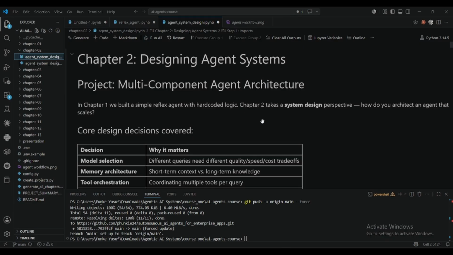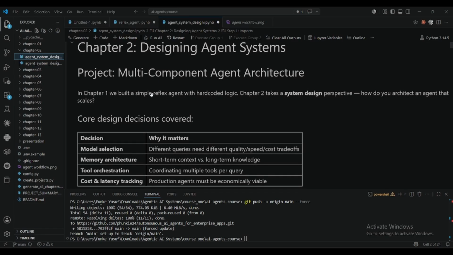So let's move into our work for today. As I said, this class is a practical class, so we are going to build and debug in real time. So multi-component agent architecture is what we want to look at here. In chapter 1, we built a simple reflex agent, which is just a one-way agent that just reacts and reasons. It doesn't keep memory too long, and it just acts on whatever it's asked to do. And then we used hard-coded logic. So in chapter 2,